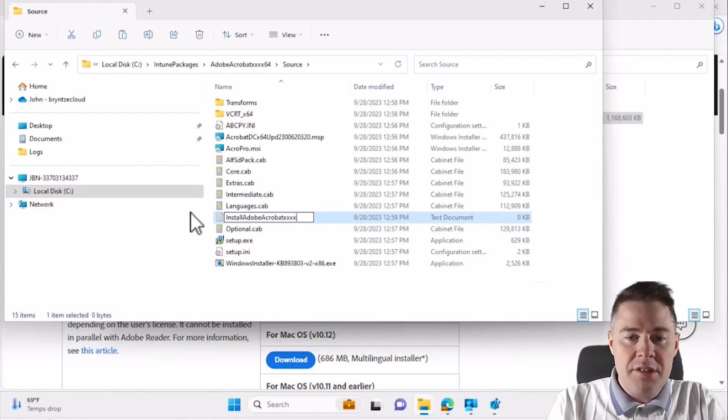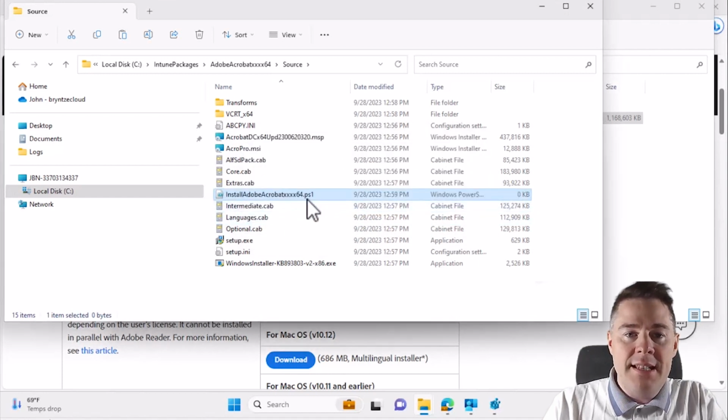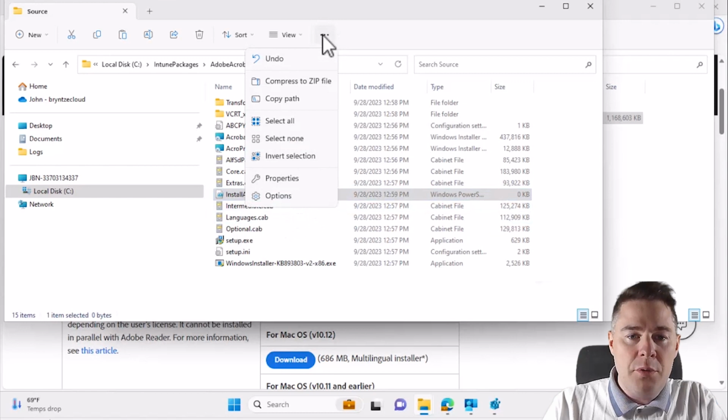Again, we don't know the version, so we're going to have to rename this one again. 64.ps1, which is the extension. Are you sure you want to change? Yes. If you didn't see this, then go to options here,